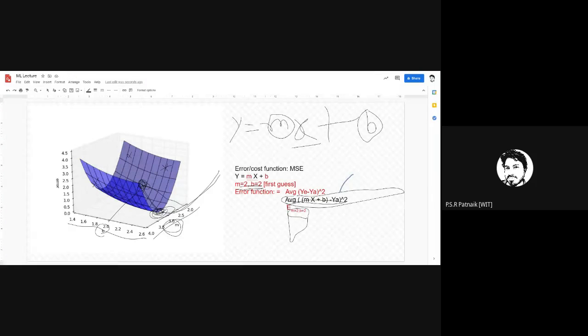Gradient always denotes the steepest ascent of the function. So whenever you take any slope, it always tells you how the values of further points are increasing. If the slope value you get is positive, it means that the function is increasing for the next point. If the slope is negative, it indicates that the function value will decrease as you move along the curve. I hope you're getting it.